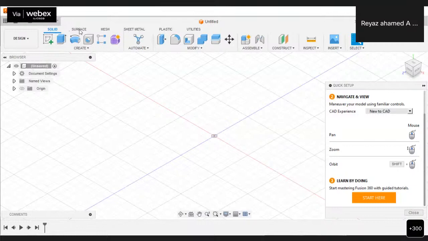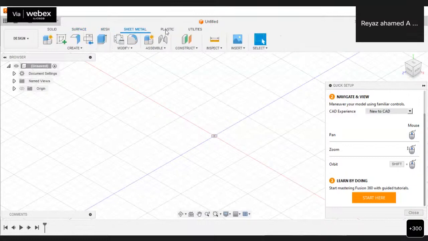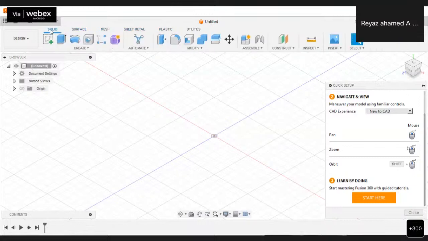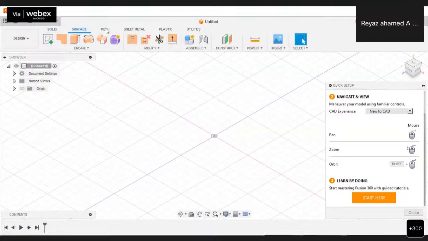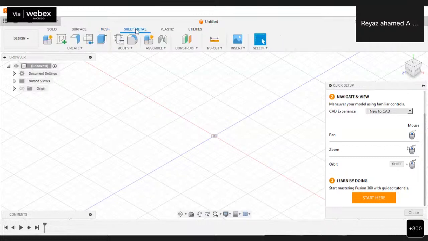Solid tab is there, surface tab is there, mesh tab is there, sheet metal, plastics. That is, you may create a solid modeling design, and then you may create surface modeling, and some surface-based features with the help of mesh, and then you may create sheet metal components with the help of the sheet metal tab.